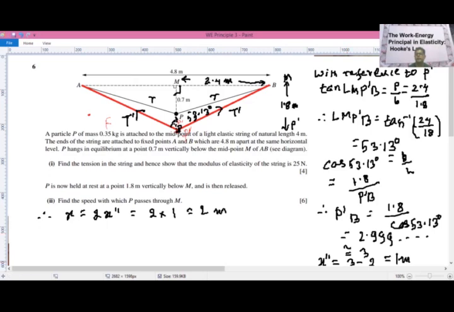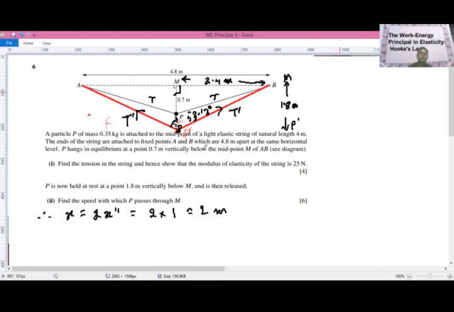Alright, and now we check for the energy at each point here. So according to the question we have to find the speed at point M. That means we take the reference of point P dash and M only. So we can say again, with reference to the position